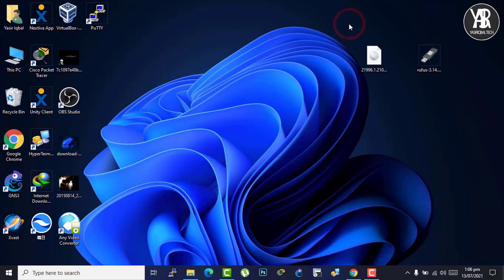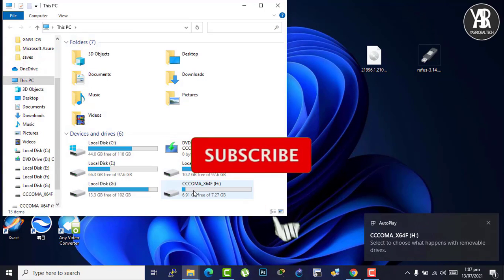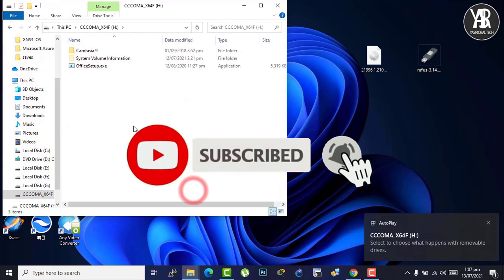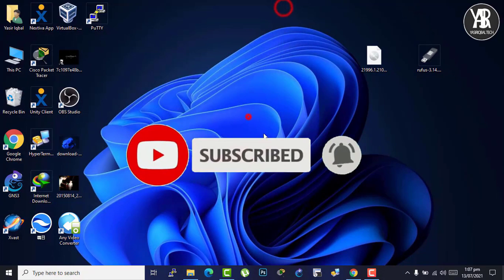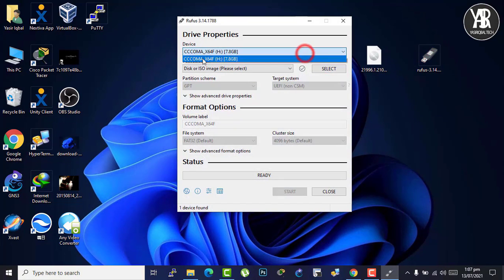and plug in your USB. I'm going to put my USB in the port. I will check if there is any data in it. Nope, not very much. Okay, try again. Open Rufus, select your USB drive,